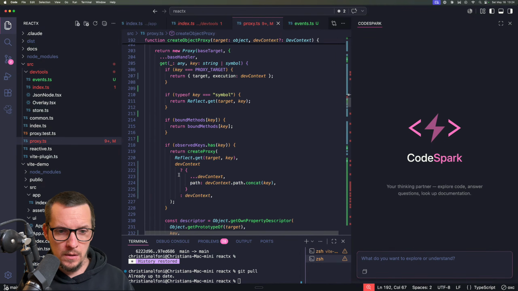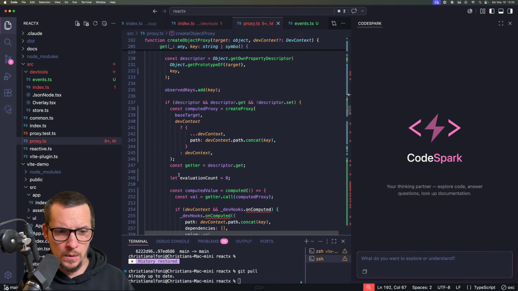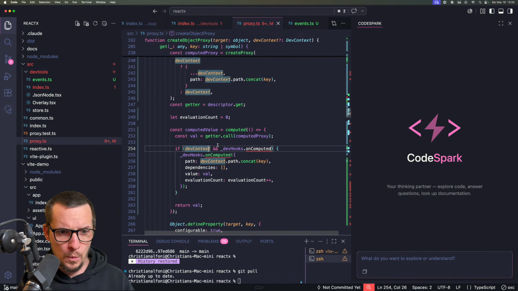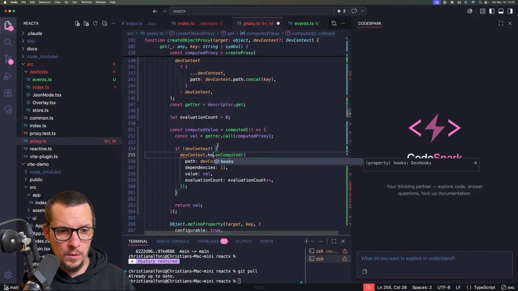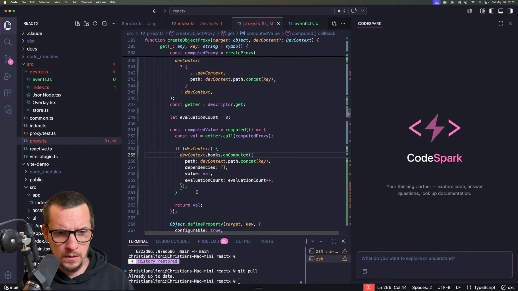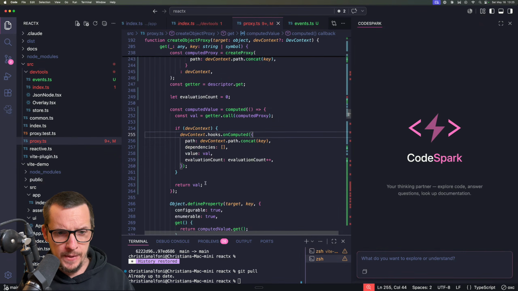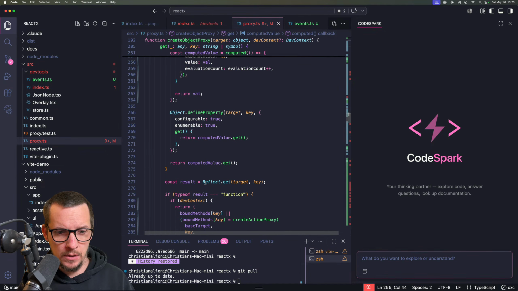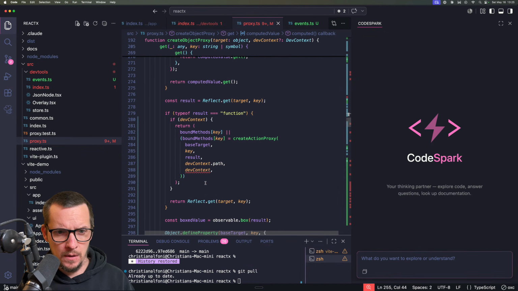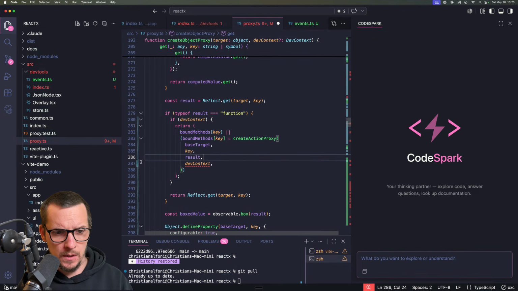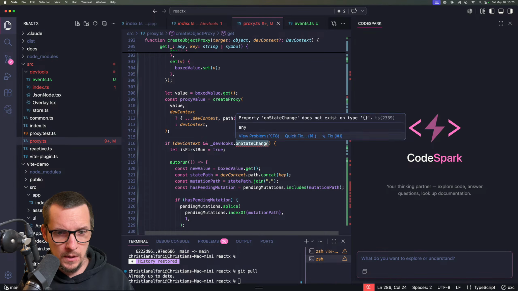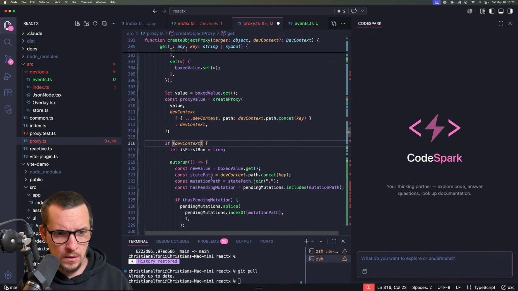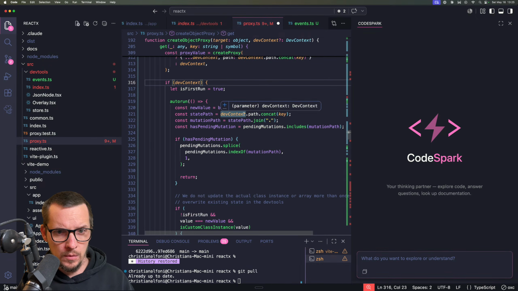Dev context. Dev context hooks uncomputed. Yeah, this is starting to make sense to me. And this is just dev context again. We don't need that check anymore. We can do